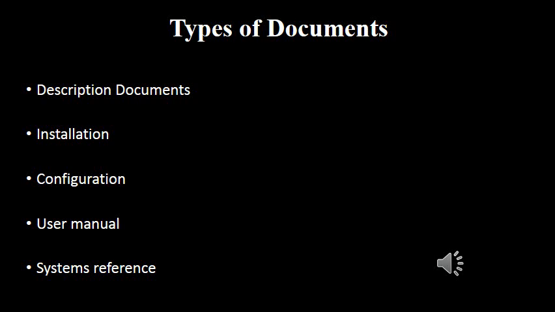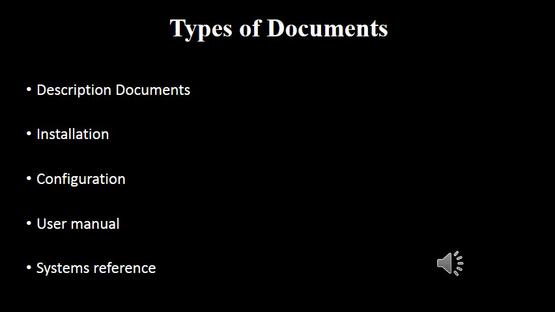The next one, that is the installation document. This kind of document is meant for the system administrators. This document should provide information on how to install the system. Suppose we are purchasing Windows software. Along with the CDs, there is a flowchart or document on how to install it in our system. Based on these instructions, we can install the OS in our computer. That's called installation documentation. The system installation document should contain a description of the system files and the hardware configuration required.